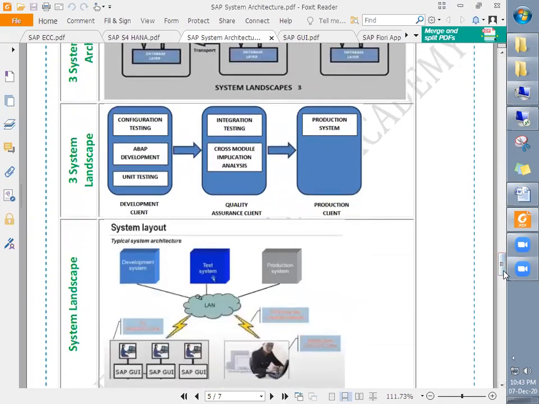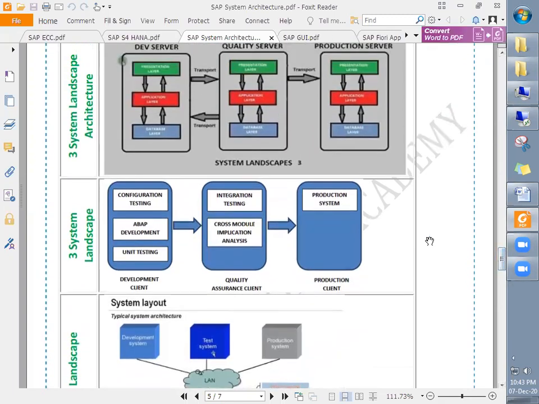It means you are just doing a cross verification of whatever data we retrieve from the quality server. Yes, absolutely. As the name itself says, production means this is the live data, where the actual business transactions are carried out.